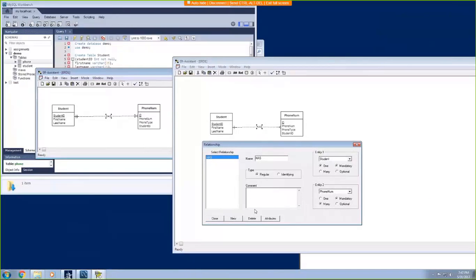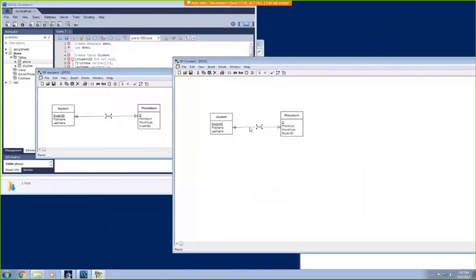So now you'll notice a change in the diagram. You'll see how this second line appeared. This is a binding thing. This is saying a student should at any point have at least one or more phone numbers, or several phone numbers. So if you search for crow's foot notation, what I'm trying to say is that